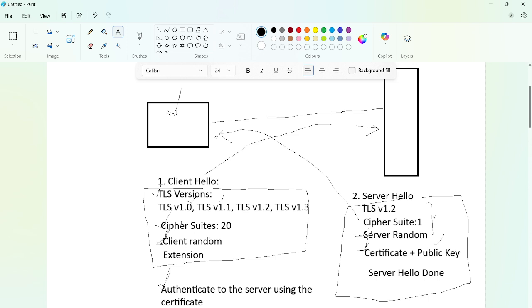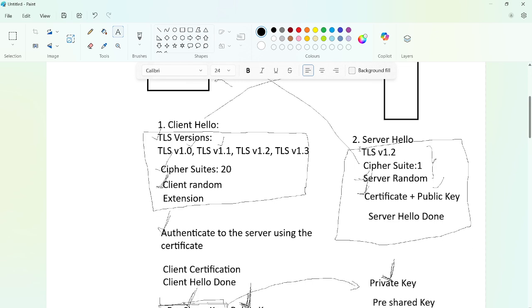In response, the server generates a server hello: among all the TLS versions, it selects one TLS version that it supports and one cipher suite, along with a server random, which is a random string. It also shares the certificate and public key, and sends a server hello done.